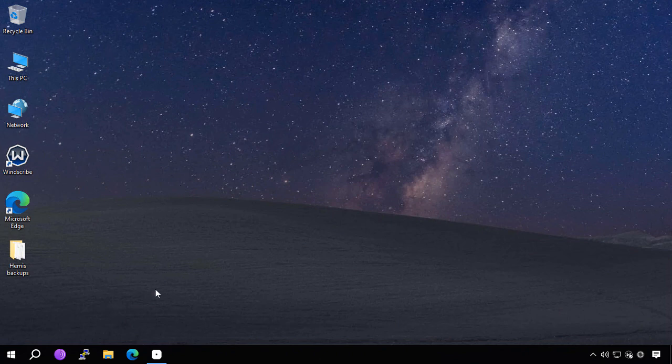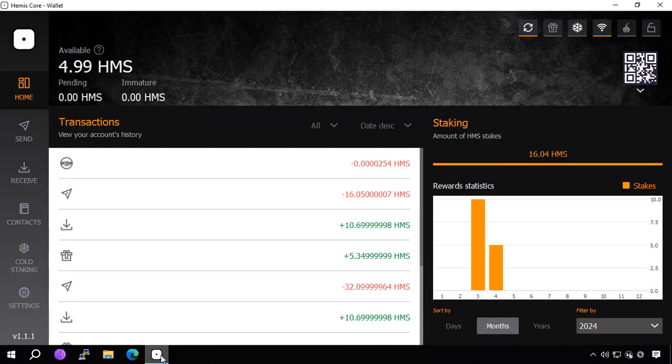First thing, I had previously opened up my Hemis wallet. As you can see, I do have almost 5 Hemis available in my balance, which is currently cold staked. The easiest way to break that cold staking and switch back to hot staking would be to go in and